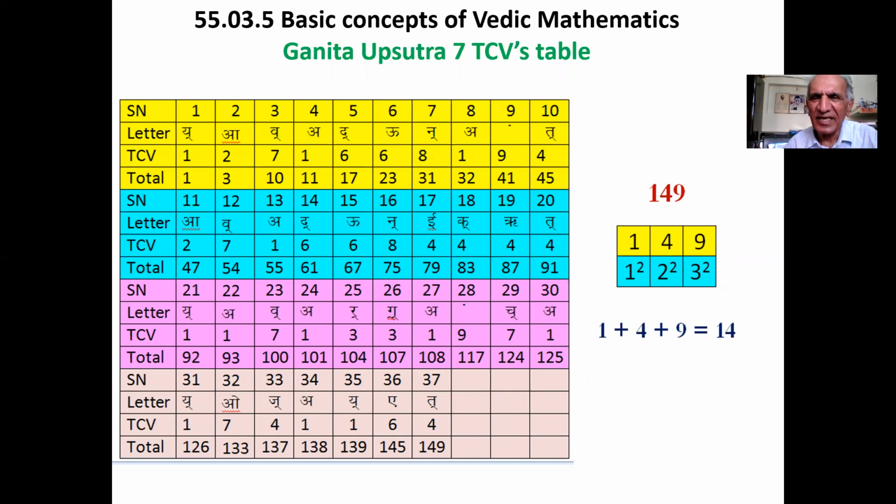Here on the computer screen is the full tabulation of the TCV values of the formulation of Ganita Sutra 7. It is 149. Let us revisit this 149. When we write 149 in the 10 place value system, and look at it as triple digits, 1, 4, and 9 in their distinct placements, and when we further visit the internal organization of 1 as 1 square, 4 as 2 square, 9 as 3 square, it brings us face to face with